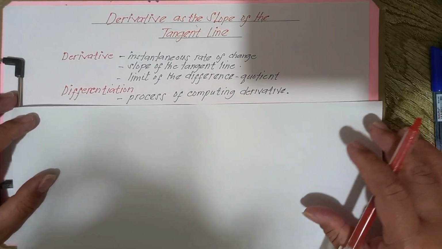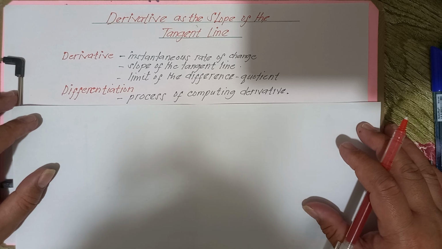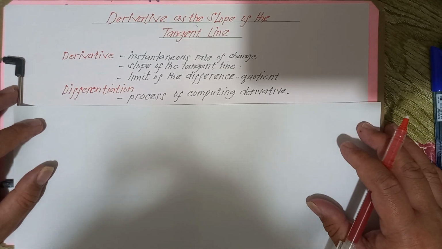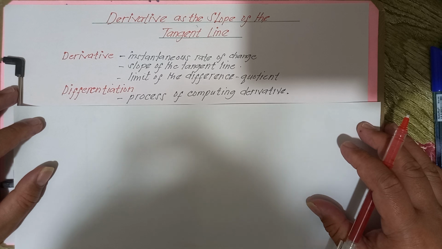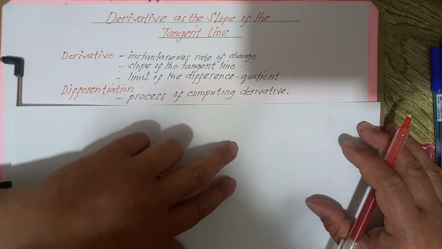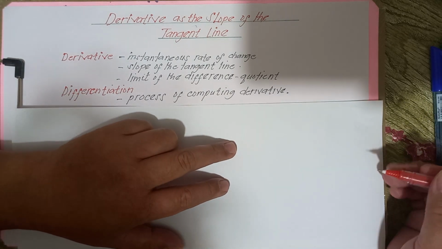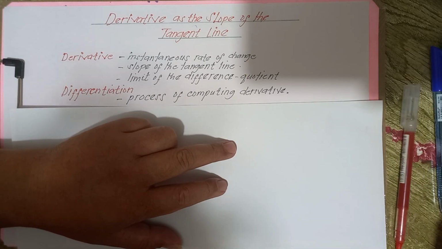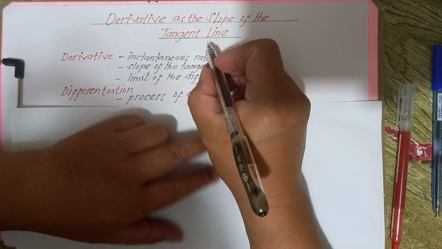Now our focus is to find the slope of the tangent line. Before we look into the slope of the tangent line, of course, we have to understand the meaning of the tangent line. Okay, what is the meaning of the tangent line? When we define the tangent line, it is actually a line